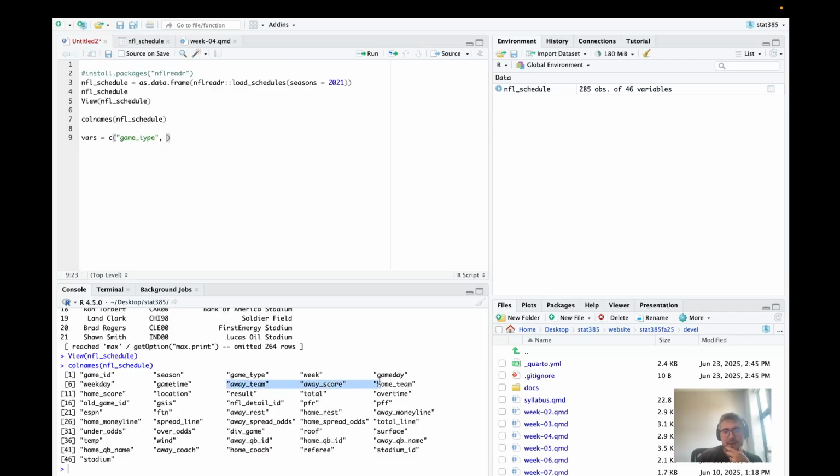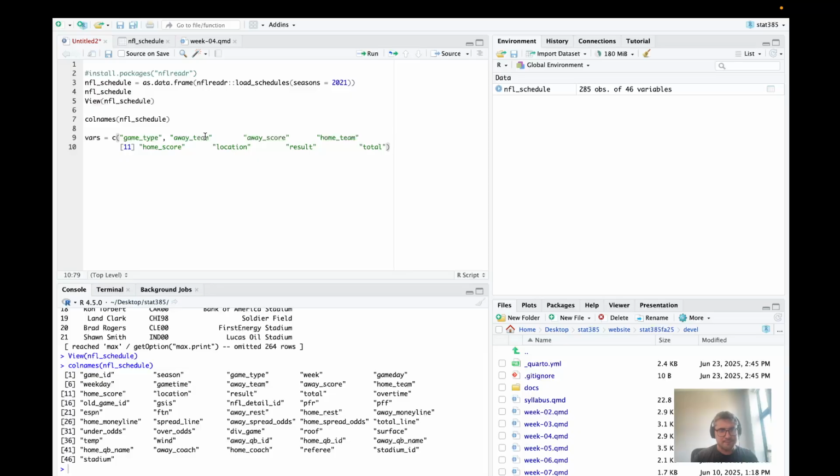Oh, how many points they scored. Home team. That's going to be the team that plays in the stadium where the game is held. Home score. Location, result. It's total points. I don't know. And we'll get stadium, and maybe we'll do